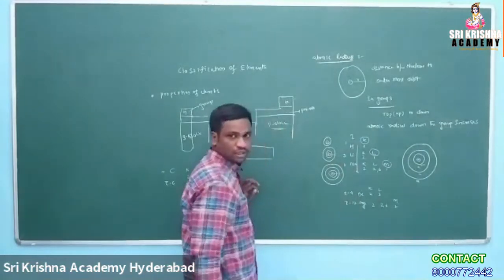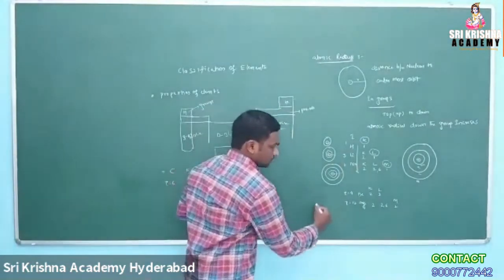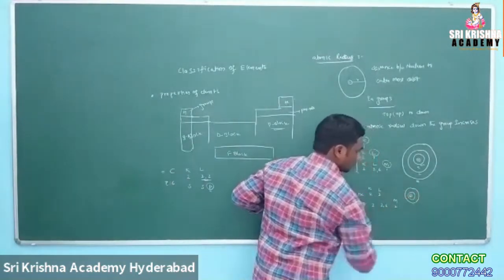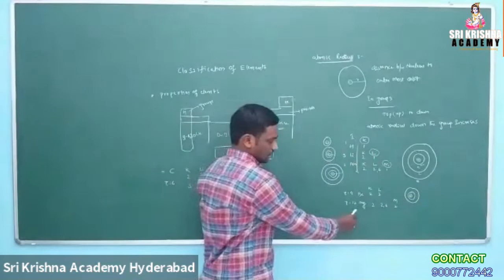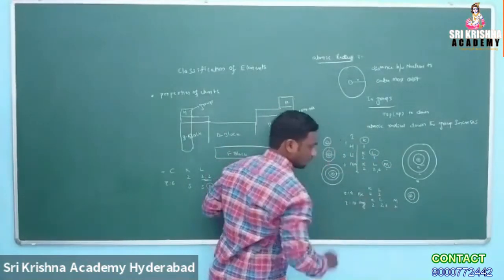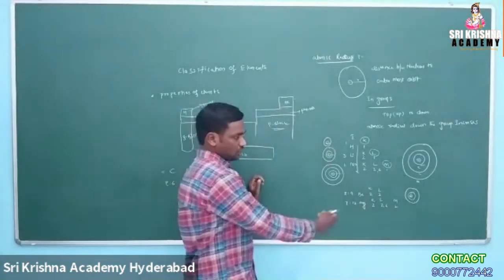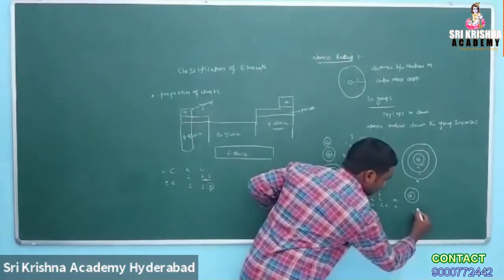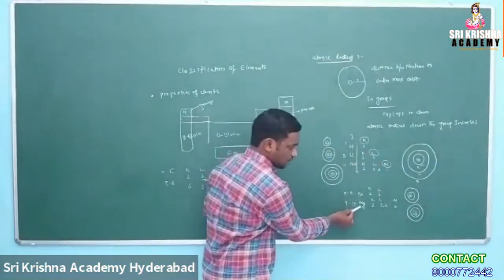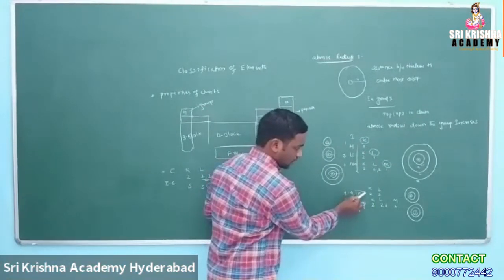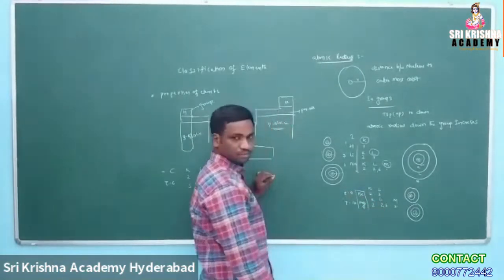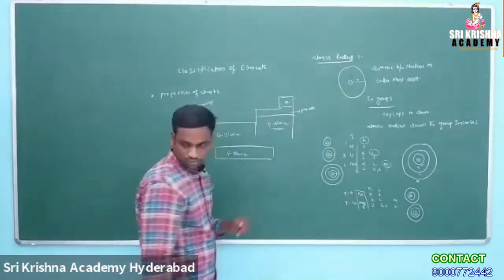So here, how many shells? The K shell and L shell are there. The K shell has 2 electrons. This is the nucleus, the K shell, and this is the L shell. Here 3 shells are there: the K shell, L shell, M shell. The K shell has 2 electrons, the L shell 2, 6, and the M shell has 2 electrons. So 3 shells are there here. 3 shells from beryllium to magnesium. This is a group. A vertical column is called a group. From beryllium to magnesium, atomic radius increases. So in a group, this is it.